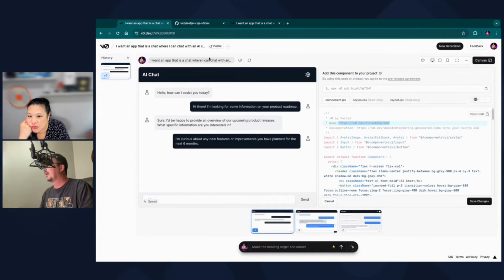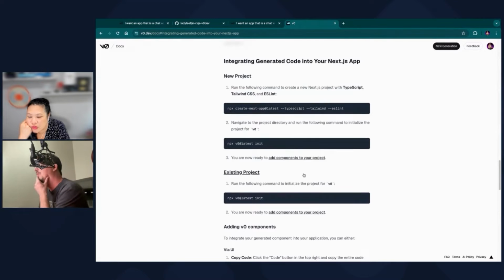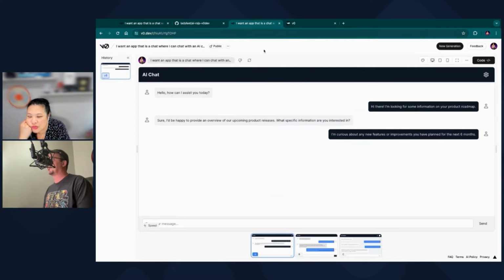That just sent us back to the same thing. What? Integrating, let's try this. Yeah, so this is just for Next.js. So we should have made a Next.js app, I guess. If you want to use V0, I should have known that it's super proprietary. It's cute that it made this stuff for us, but it's using components that are just for Next. So we're screwed. No, we're not screwed. Or do we just refactor it to get all the Next.js bits out?